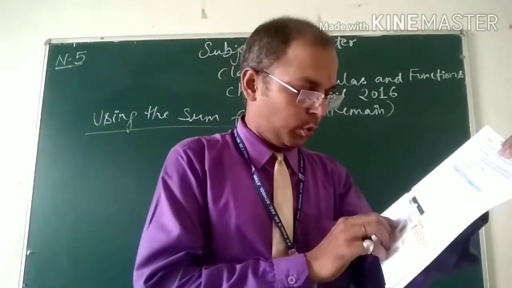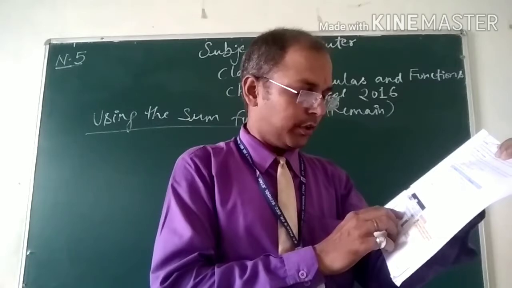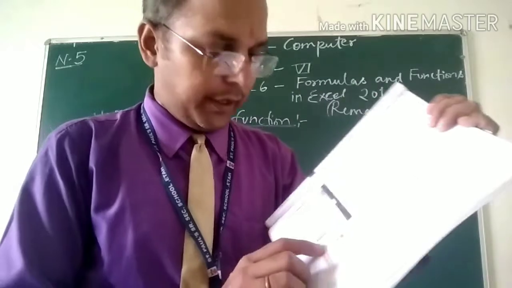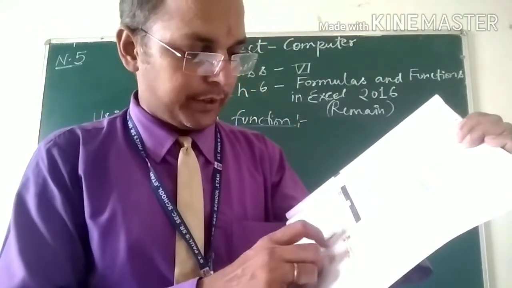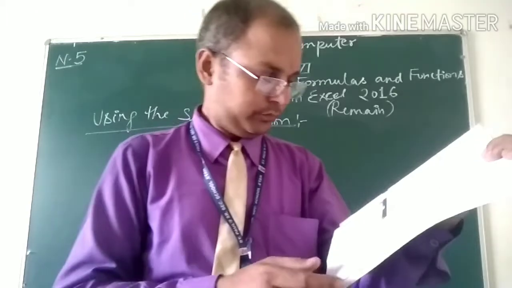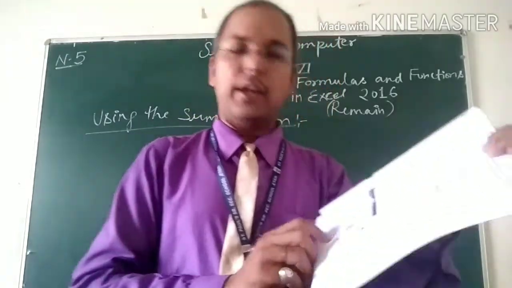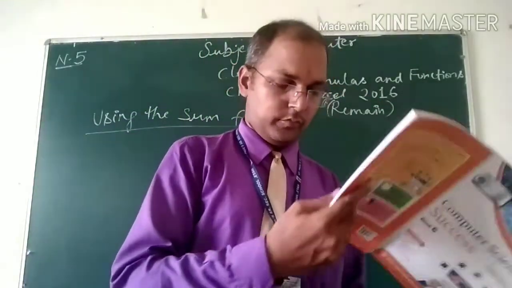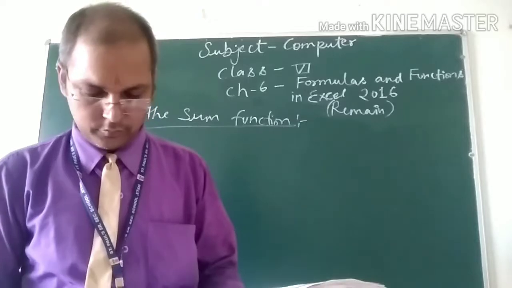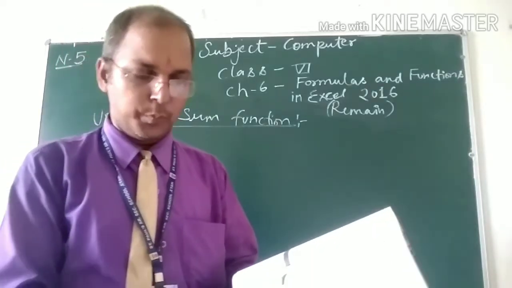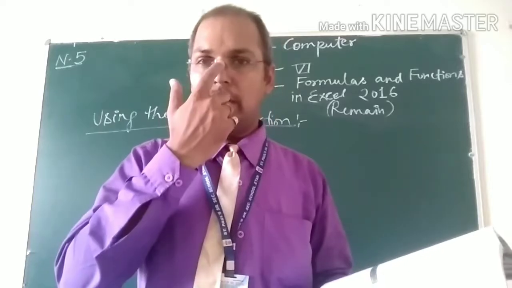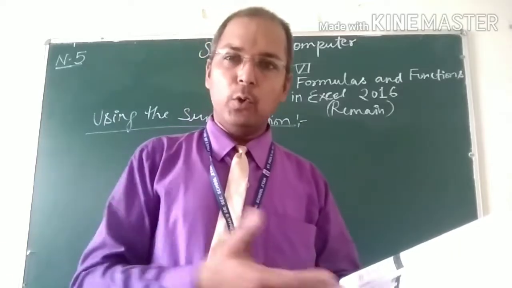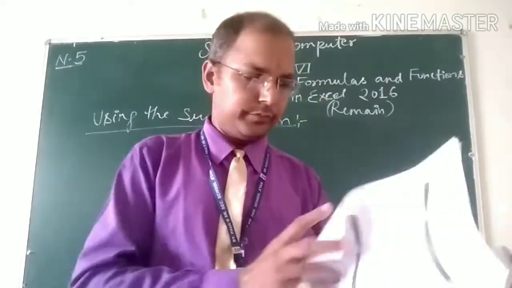Suppose here are 1, 2, 3, 4, 5, 6 items. So finally in cell F10 you will get the total amount of the 6 items. The sum value is displayed in cell F10 because you want the total value in F10. So that is good, without any use of a calculator or manual work, you can do it with the help of your computer in a few seconds.